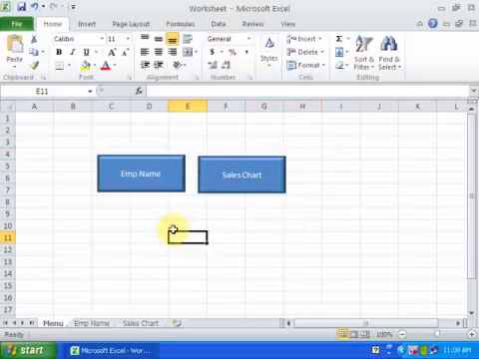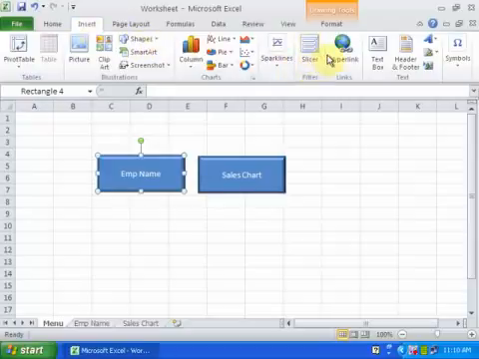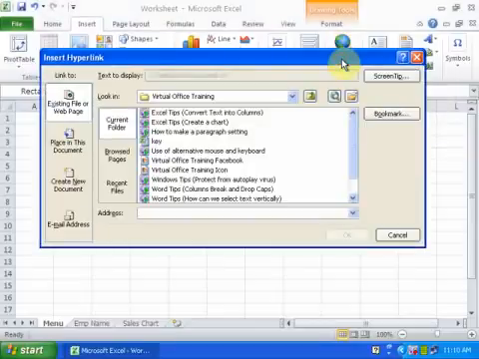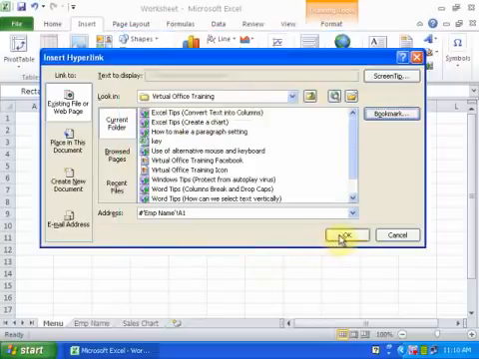Now you can create a hyperlink of this box. Just select employee name rectangular box and go to the insert and click hyperlink. Then you will find bookmark. Just click bookmark. Then you can select the sheet name here. It's an employee name sheet. When I click this box, then it goes to the employee name sheet. OK and OK,